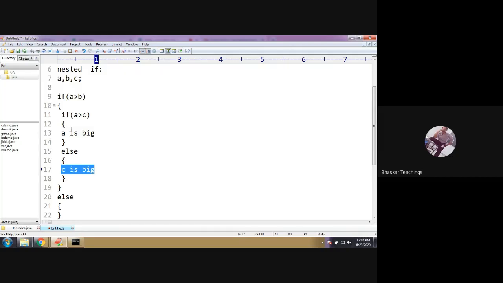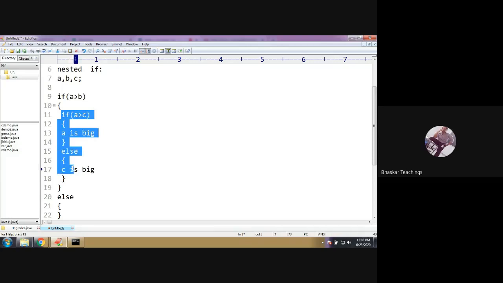Okay, let me repeat. A is bigger than B, it is granted. That's why the control entered here. And A is not bigger than C. That's why the control entered here. That means here you need not check whether C is greater than B or not, because when A is bigger than B but A is smaller than C, obviously C is bigger than the two, right? Is that clear? Yes, sir.